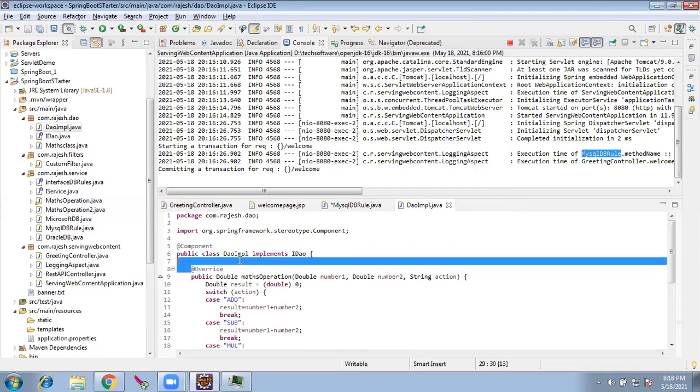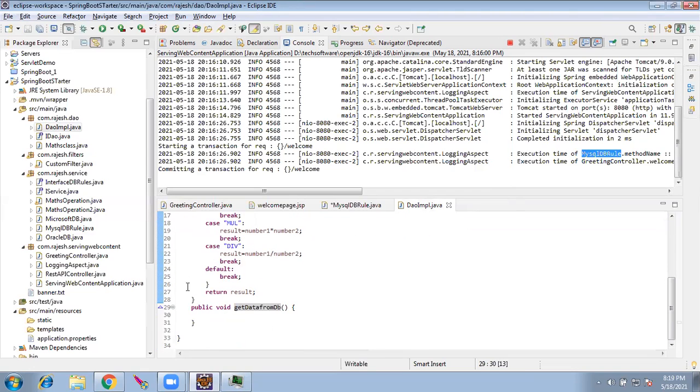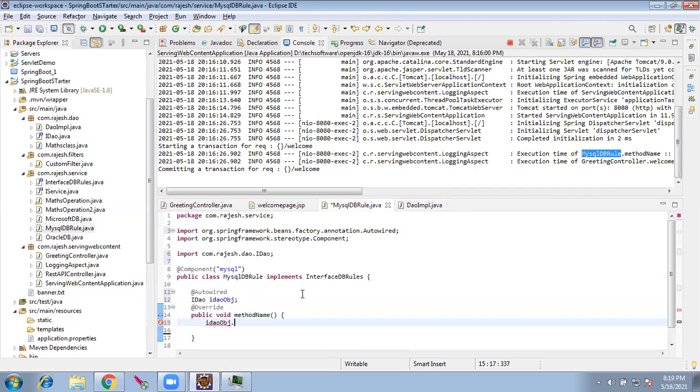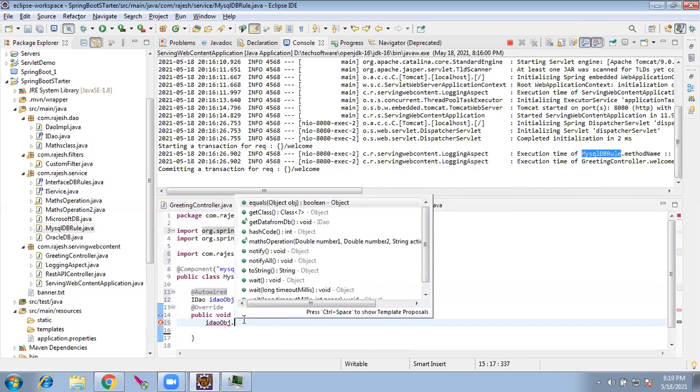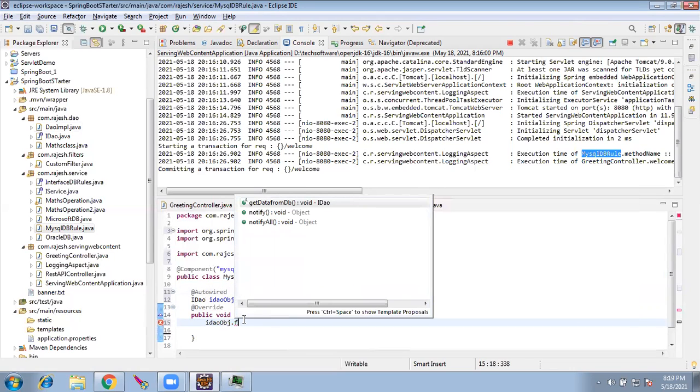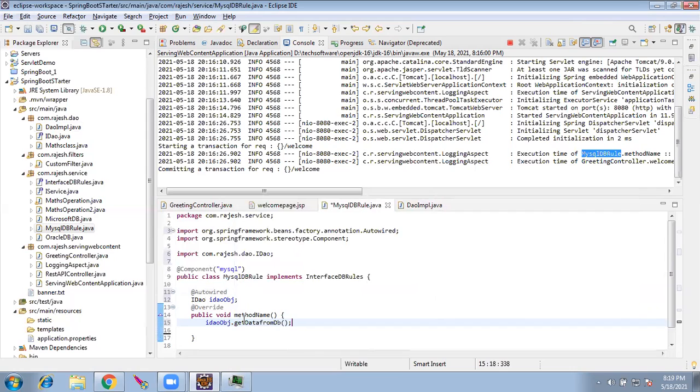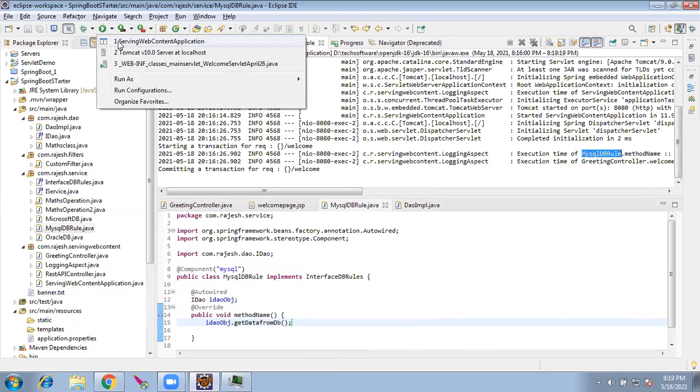And here I can do the override. So these are all things we covered in the first 10 to 15 classes. So from here, IDAO dot get data from database. So I call this. I will shut down and restart the server.